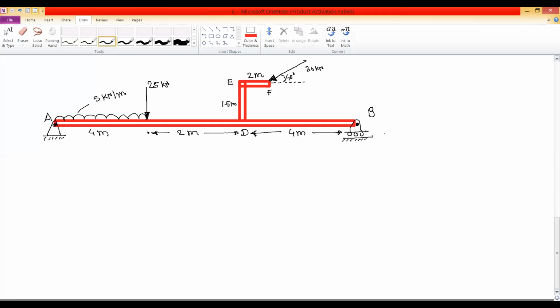Okay, so you can note down the next problem. In this problem, the beam AB is hinged at point A and it is roller supported at point B. The L-shaped member DEF is connected to the beam AB. So we can consider the DEF member as the extended portion of the beam AB. It is a part of beam AB only. For the given loading, that is UDL and the point load, we have to find out the support reactions at point A and at point B.